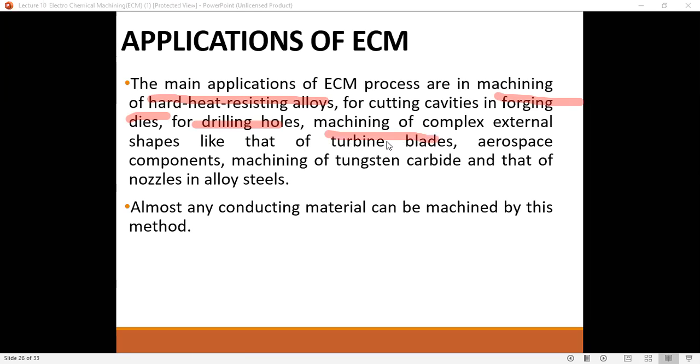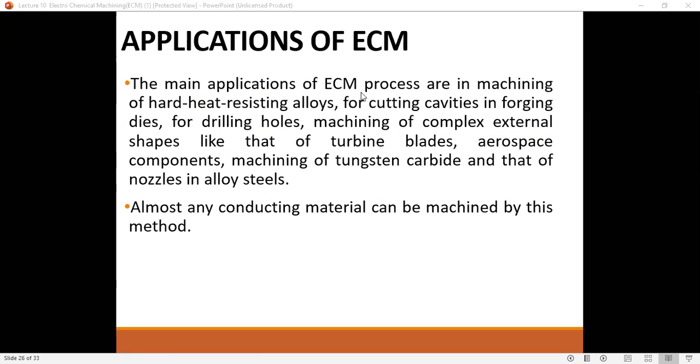like turbine blades. So if you look at the turbine blades for the aerospace component, I'm not sure why the highlighting is there. Maybe somebody else is doing that. Anyway, so